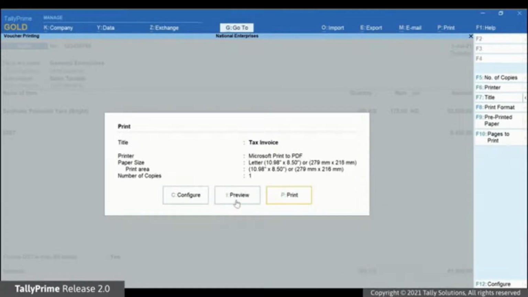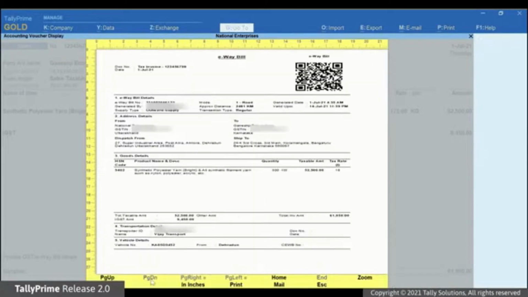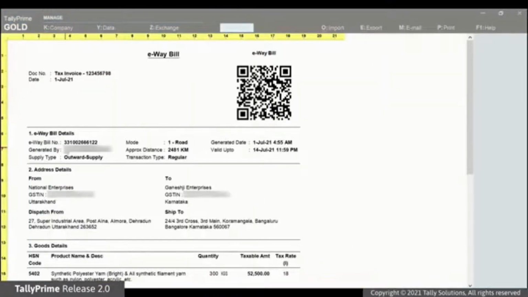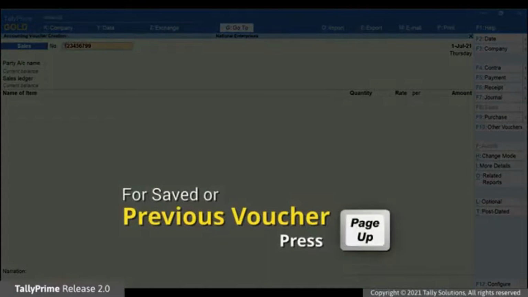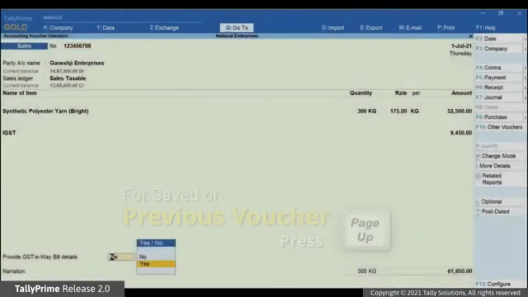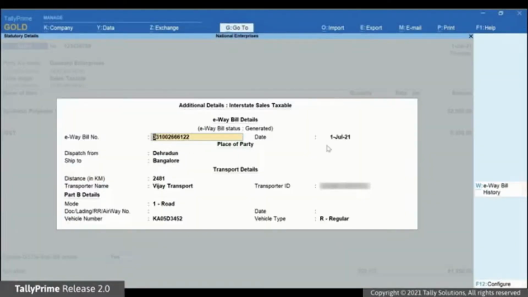Thereafter, the preview of the invoice appears. Press page down. You can view the generated e-way bill with all the relevant details and QR code. Moreover, in the additional details screen, the e-way bill number and date get updated.